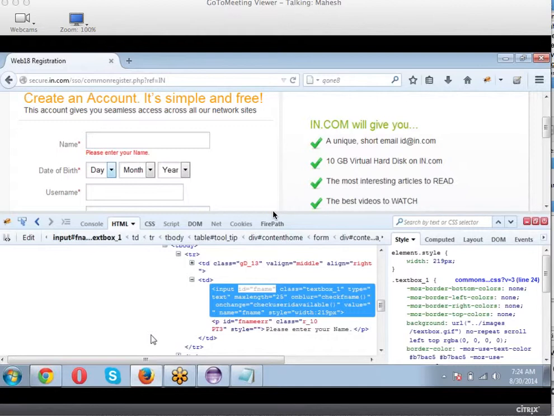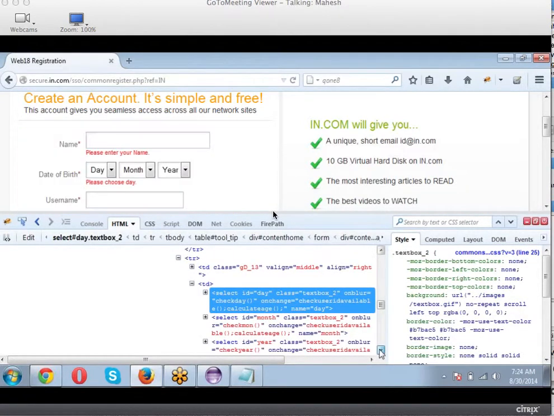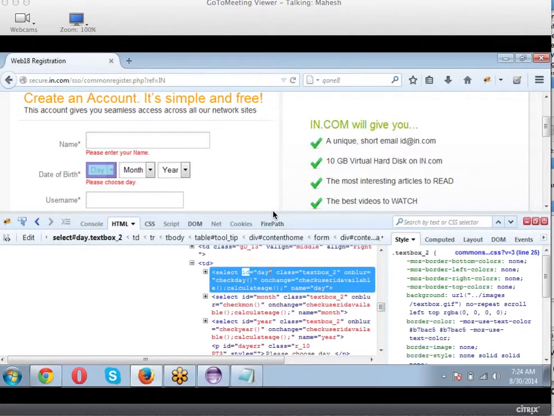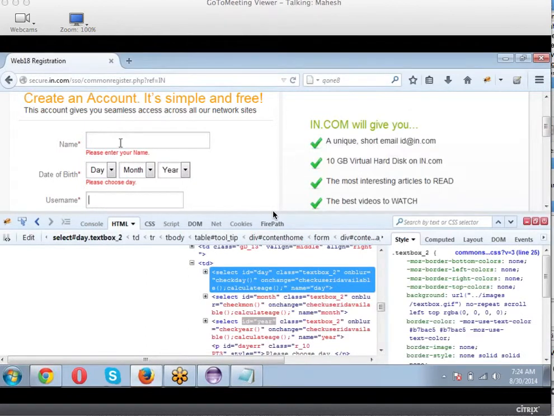First one is select ID is equal to day. And the next one is ID is equal to month. You observe here it is. Third one is ID is equal to year. Okay. And the values are equal to day, month, year. Okay. It concludes my day, month, year. And then here, if you want to write your values,